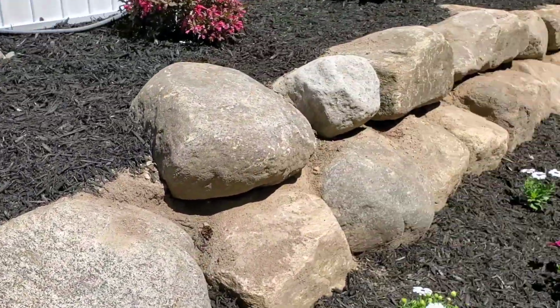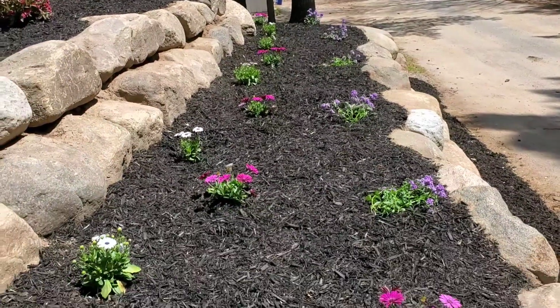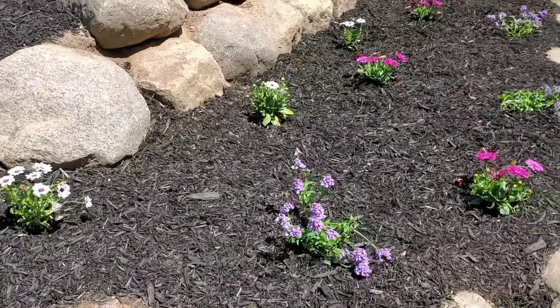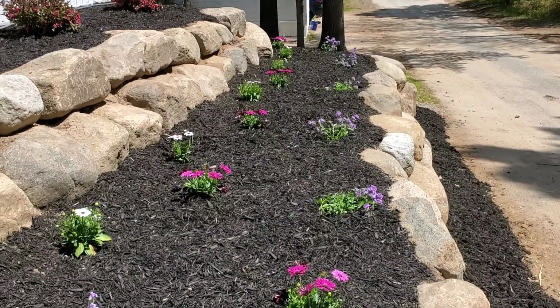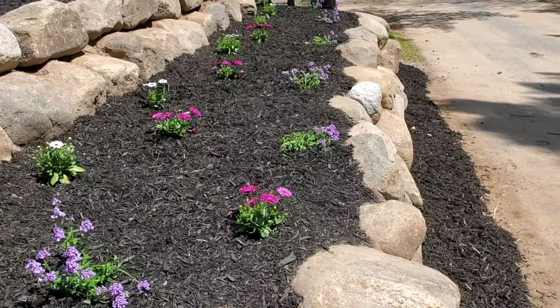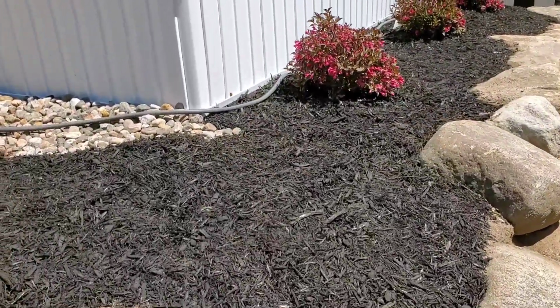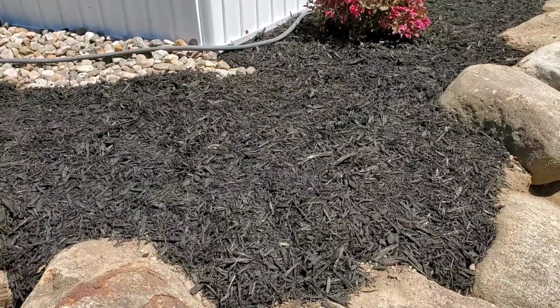And then I figured that this lower portion is actually going to be where I'm going to do annuals every year, so I can change it up. I like to change it up. I love to plant flowers. I love to garden, and I felt with perennials, once I stuck them in there, it was just going to be what it was going to be, and this way I can make it my own every single year. And I actually have a plan for this corner right here that I'm going to do,